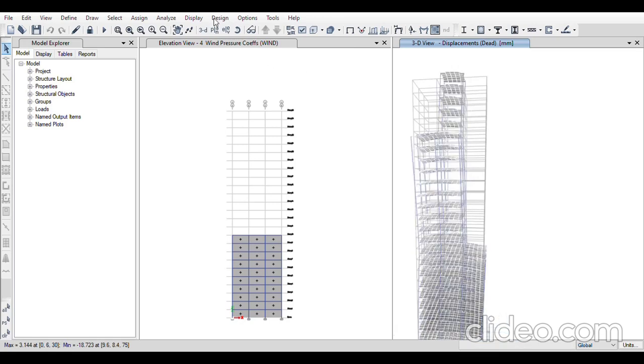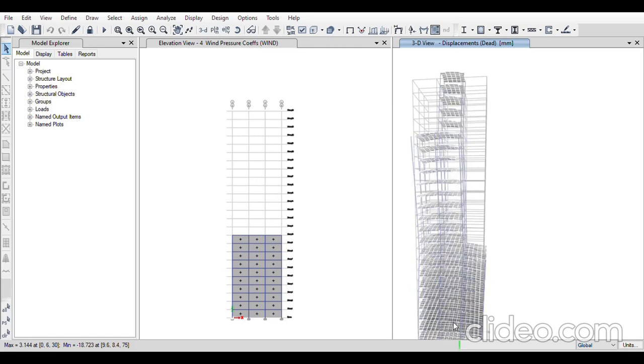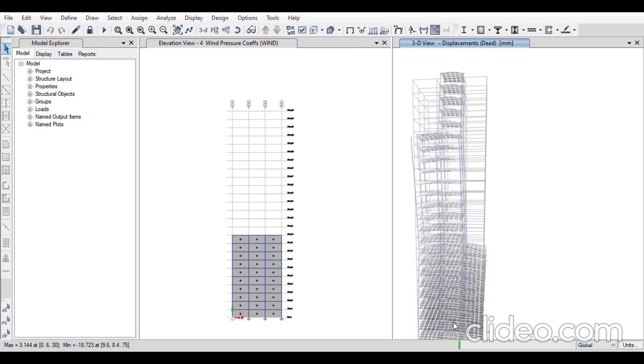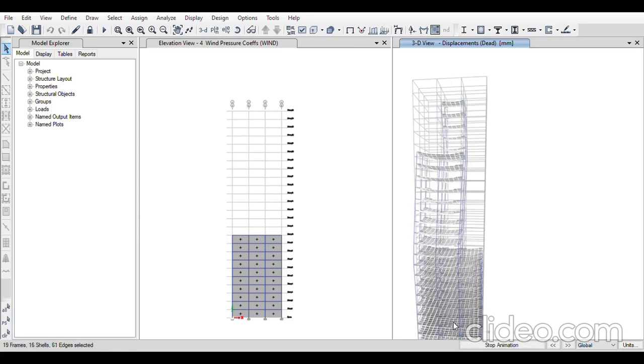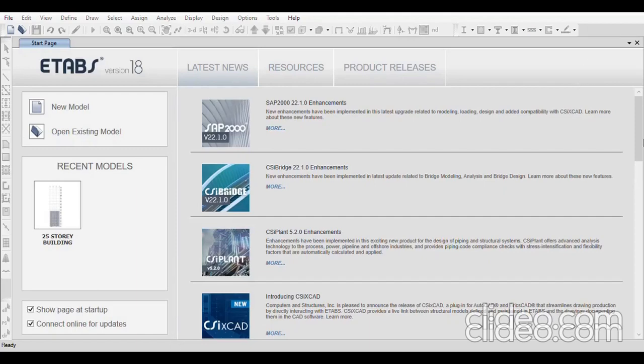So now I'll again go to design. Due to some abnormal errors, my program terminated. Now I will open the saved file, that is the 25-story building.